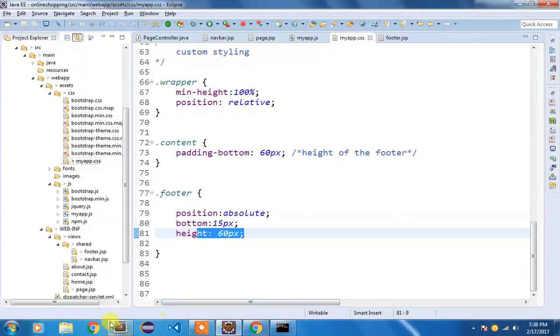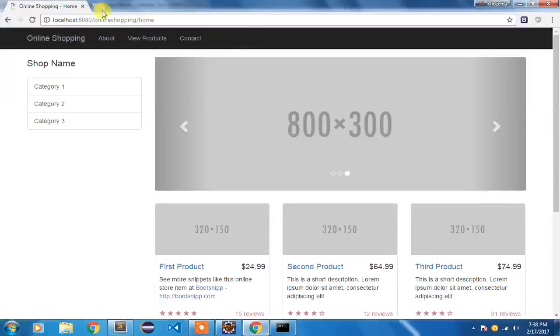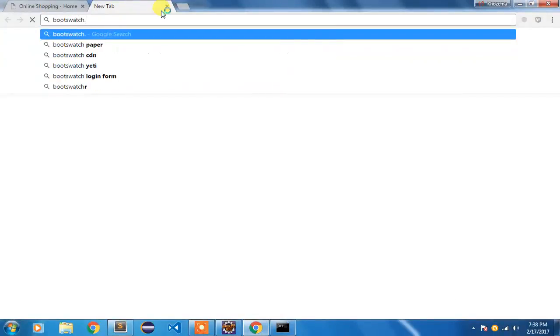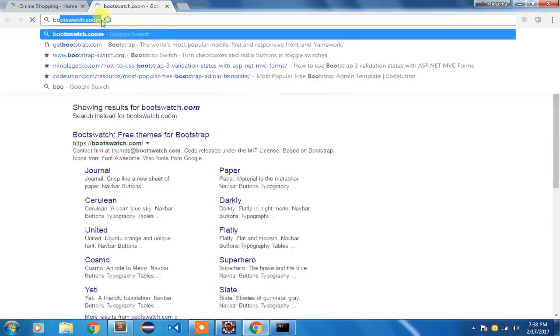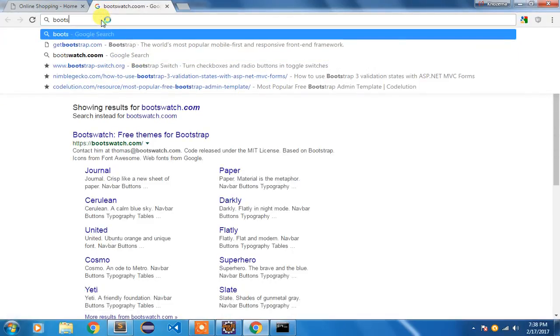Now in my last step, I'm going to show you how to add a theme to the project. For adding a theme, you need to go to bootswatch.com. So I will quickly go to bootswatch.com. I had given the wrong name, so it is bootswatch.com.